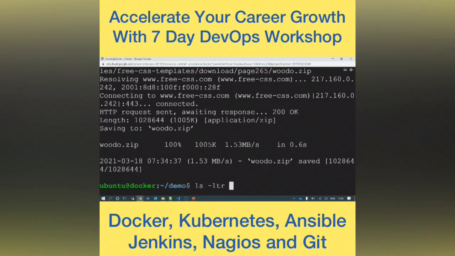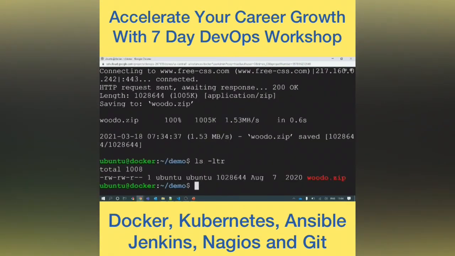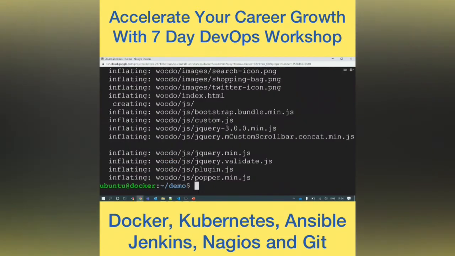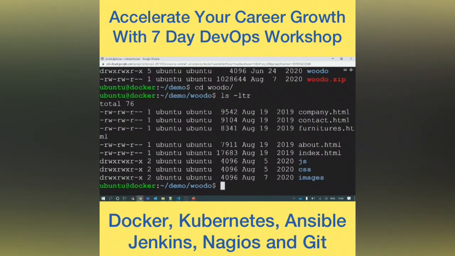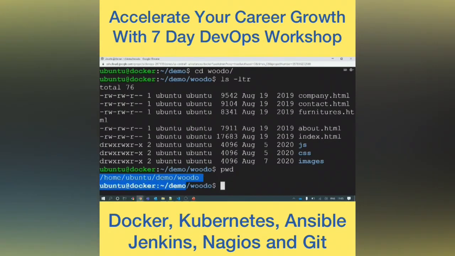It will download a voodoo.zip file here in this current directory, and let's extract it using the unzip utility. This has extracted all the files into a folder voodoo. Let's go inside the folder and check for the contents to make sure the zip file has all the files required to deploy the website. Get the current path. This path will be required to mount with the container path so that these files are accessible inside the containers, at the Nginx container website default location. Now we have all the content available.